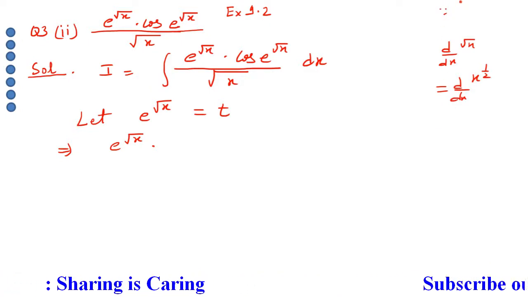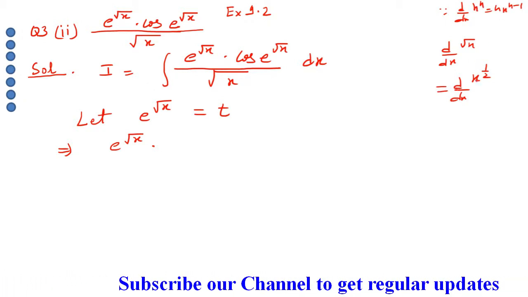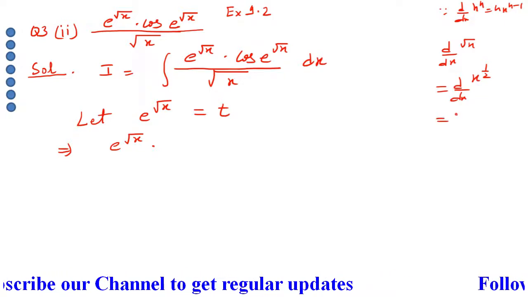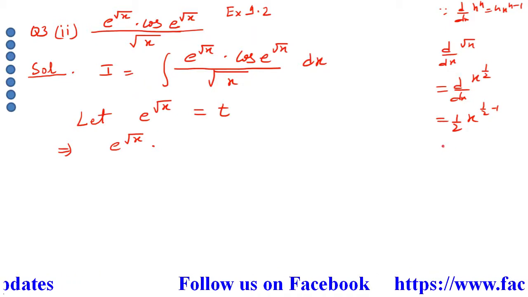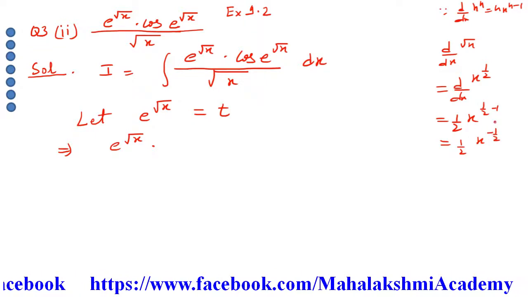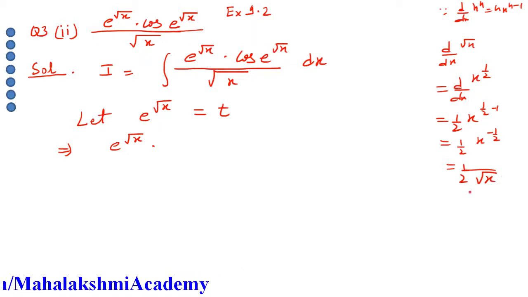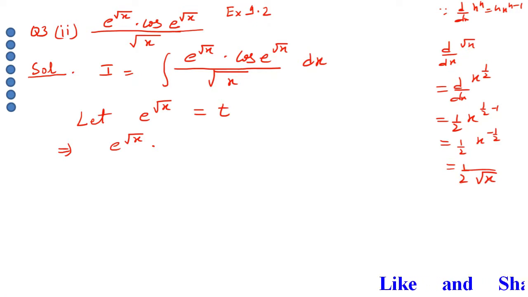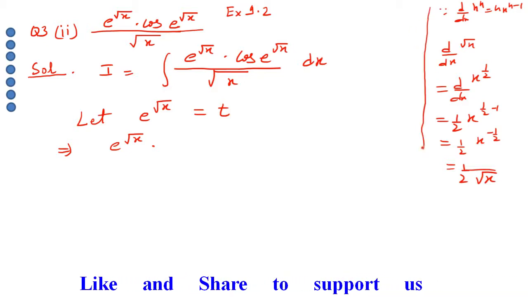So we have to use the x to the power n formula. The differentiation of x to the power n is n x to the power n minus 1. With the help of that, n is half, so n x to the power n minus 1 is half x to the power half minus 1. When you simplify it, you get half x to the power minus half, which goes to the denominator, that is square root of x. So differentiating the square root of x with respect to x gives us 1 upon 2 square root of x. This is our rough work.